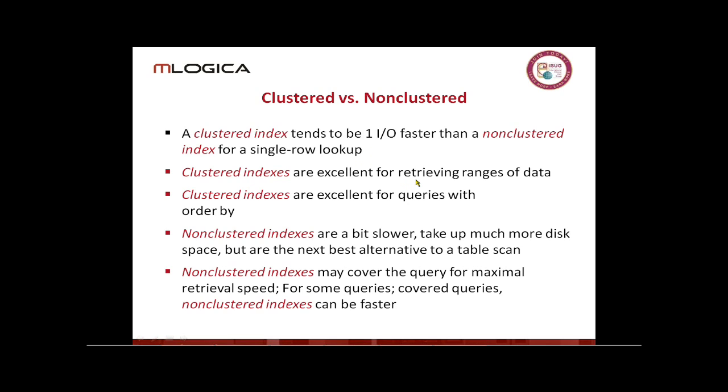Clustered indexes are great for ranges of data. Note that this makes it ideal for things like foreign keys. So if I'm going after header detail rows, frequently a very good idea to say, okay, give me all of the detail rows for this header. Well, guess what? We're always going after the detail rows by that header. Because we're going after the detail rows by the header, what we're going to need to be able to do is pick those detail rows up